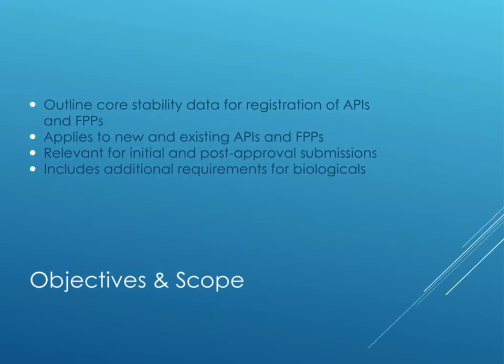The objective of this guideline is simple but powerful. Define a core stability data package required for registering both new and existing APIs and FPPs. This includes not only first-time submissions, but also re-registrations and post-approval changes. It applies across the board, brand, generic, and in most cases, biologicals, though biologics have added requirements under ICH Q5C. The key takeaway here is whether you're introducing a new molecule or modifying a legacy product, the same scientific and